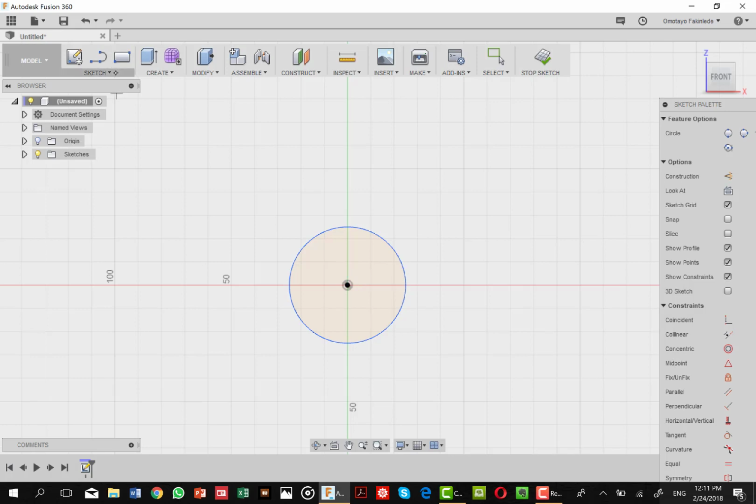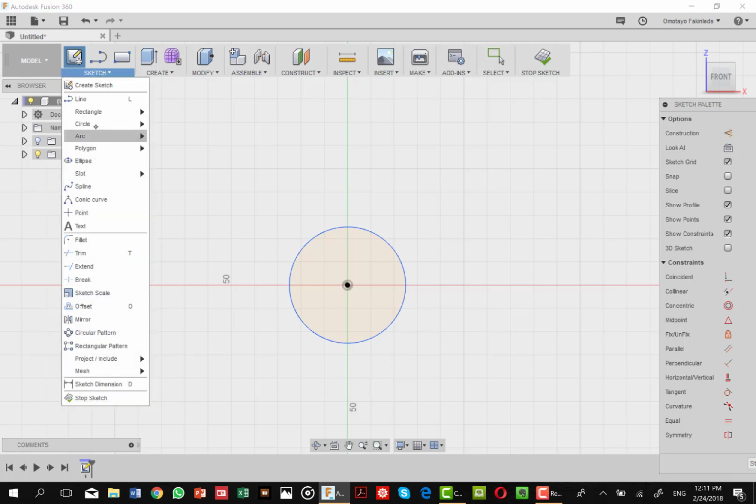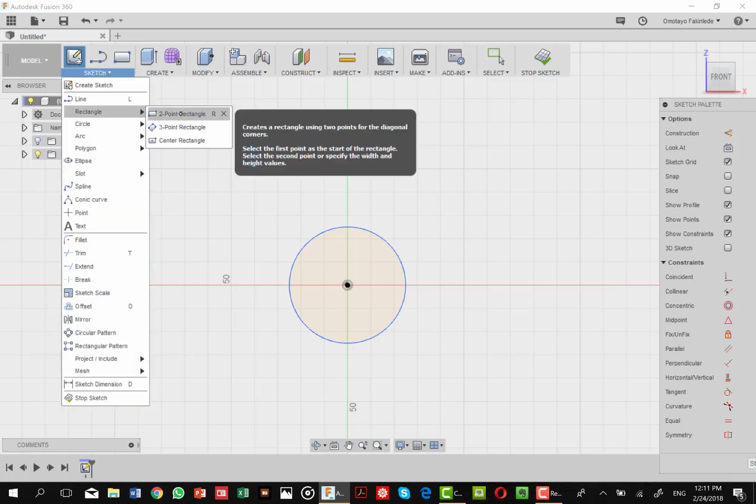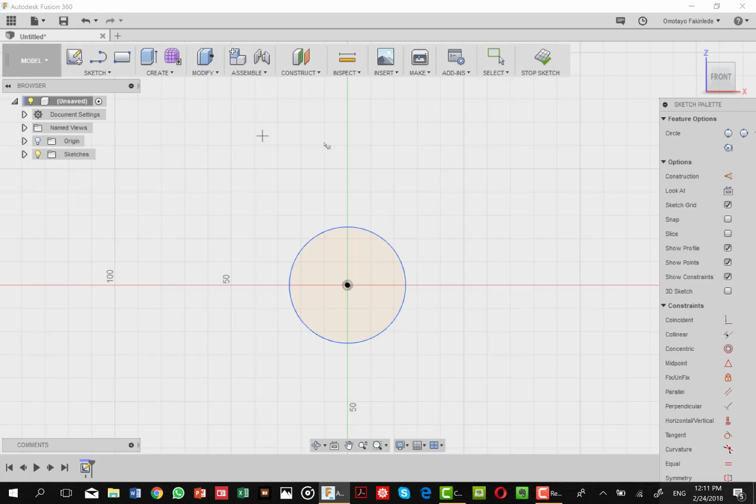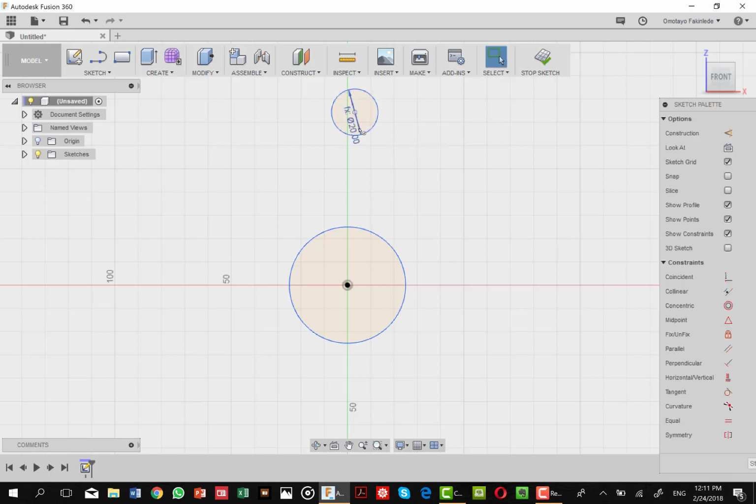So we choose again a center circle as before, and then this one now is going to be small. So we have big pin size and a small pin size.